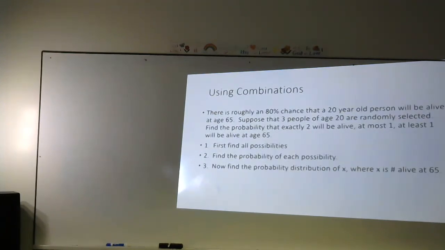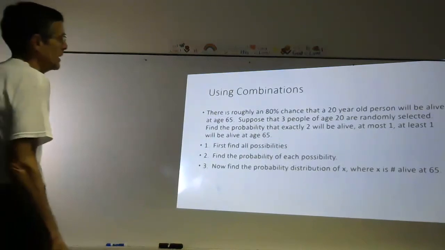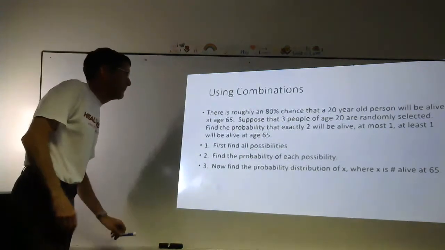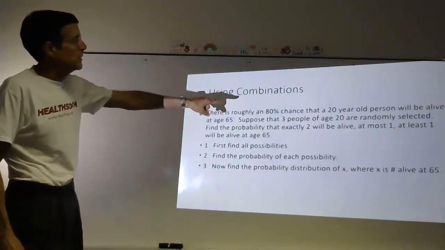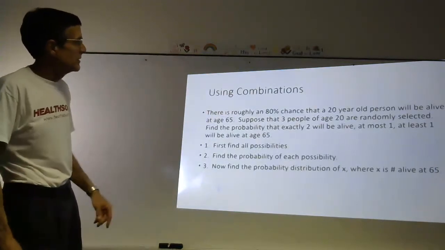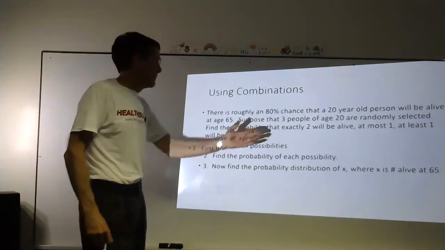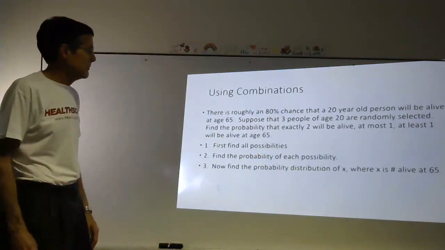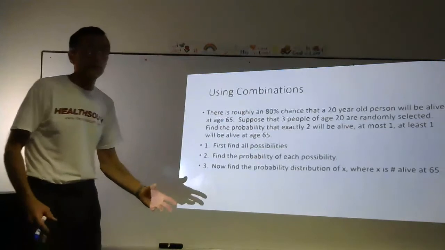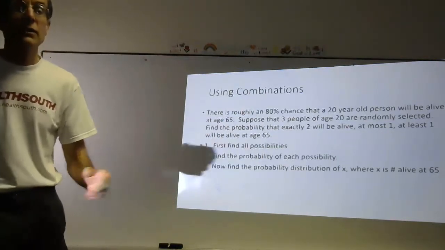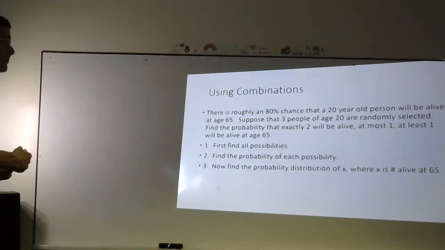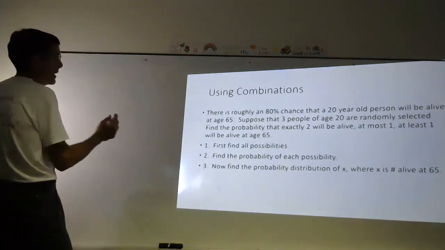There is roughly an 80% chance that a 20-year-old person will be alive at age 65. Suppose 3 people at age 20 are randomly selected. Find the probability that exactly 2 will be alive, at most 1, and at least 1 will be alive at age 65. Okay, first we're going to find all the probabilities because we want to get the entire sample space, just like in the coin problem. All right, so we could have